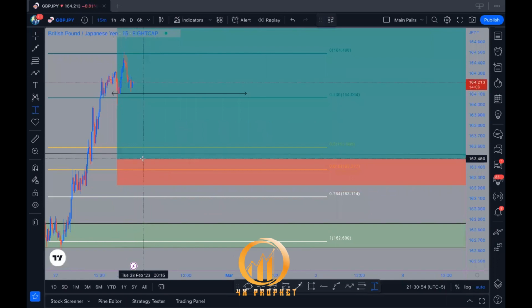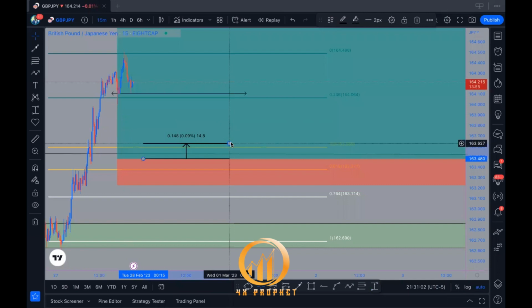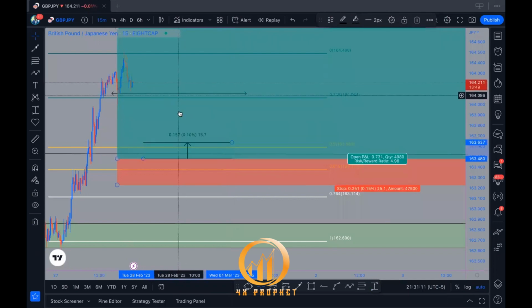So this is a 1 to 5 trade we're looking at, right? Once it hits 1 to 2, you can move it in profit about 10 pips. This is now a 100% risk-free trade. Oh, 15 pips if you want, right? Because 1 to 2, that's 50 pips. So 0.15, yeah, that's pretty clean. So what that means is if your trade comes down, you're going to be stopped out with 15 pips of profit, okay? Now, you don't want to do this too much because sometimes you do need to give your trade